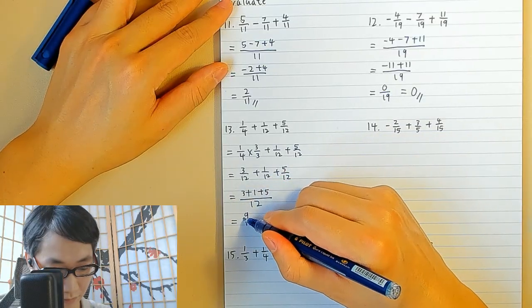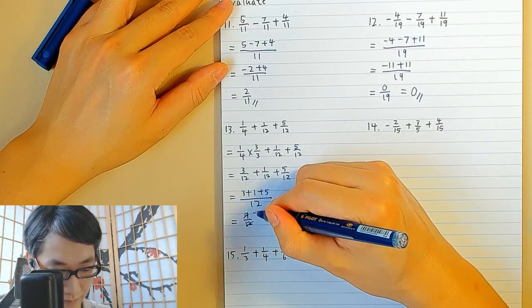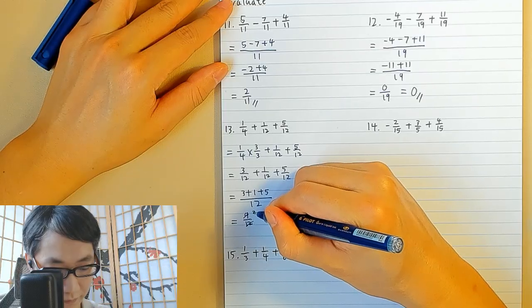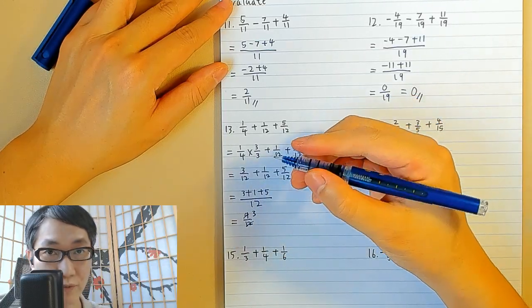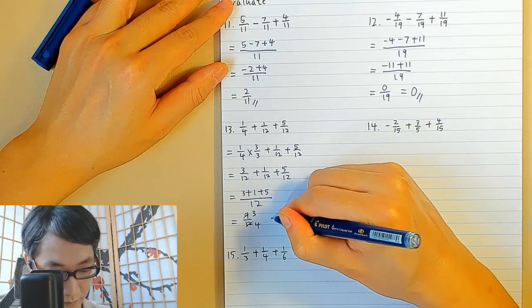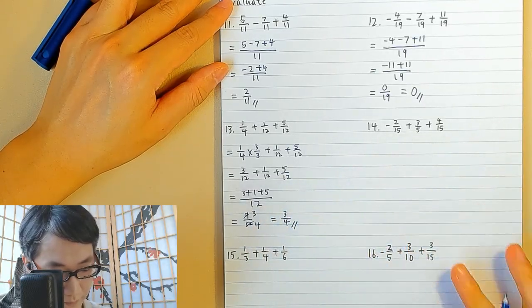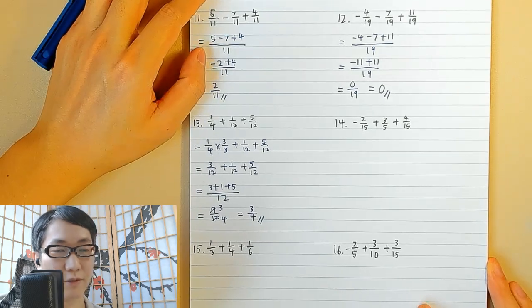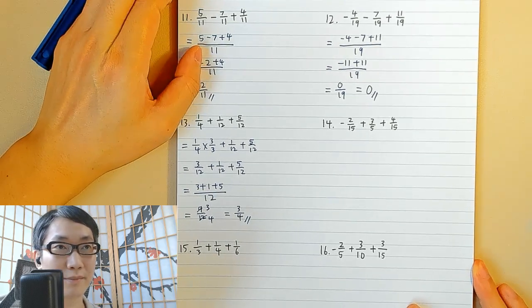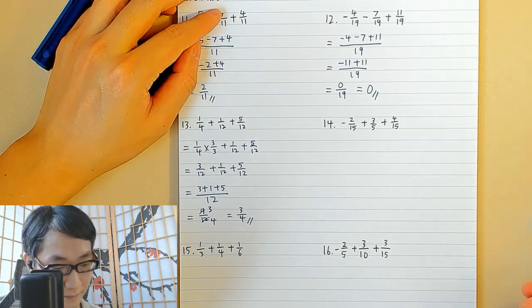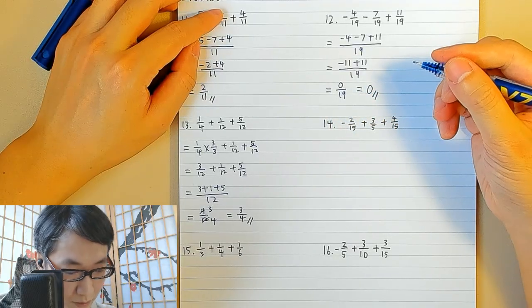So 9 divided by 3 is 3. 12 divided by 3 is 4. So we have 3 over 4. Okay. So